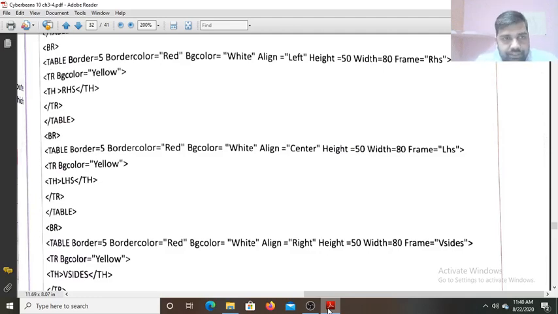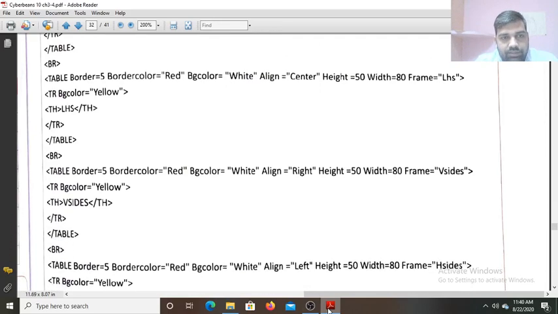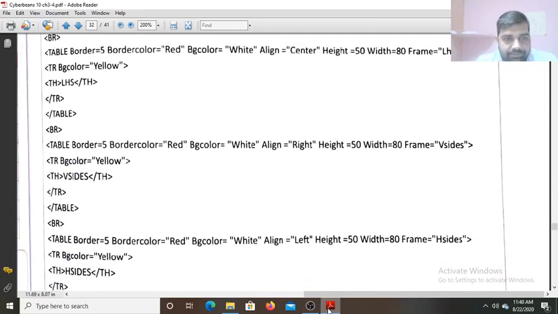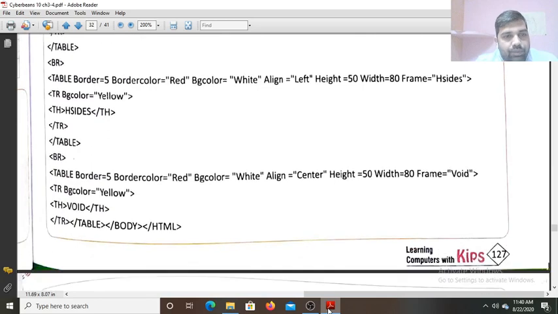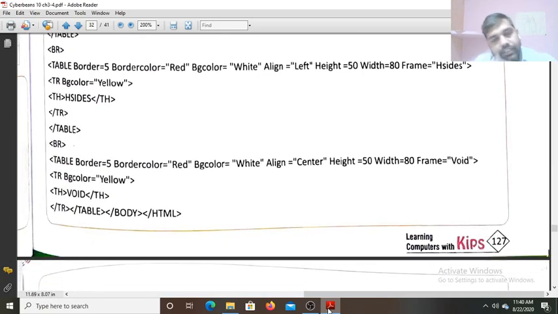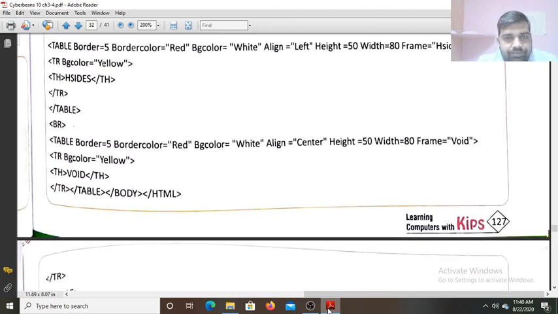Now today we will study about the attributes used in the table. So in the last class we discussed how we create the table with the help of the table tag, and how we create rows in the table and how we create columns in the rows. So now